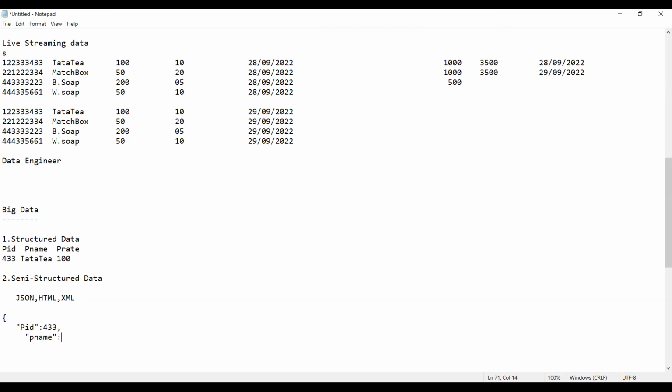Tata T. Put it here in quotes. Again, the comma. What is the next value? P rate, that is product rate, and here you will have a colon. The product rate is 100.